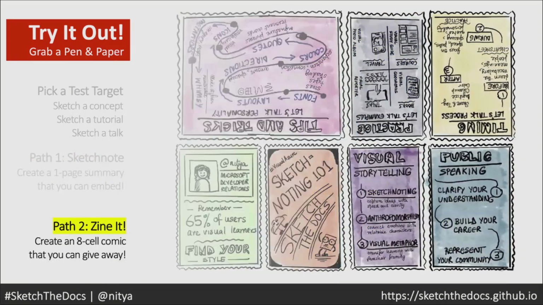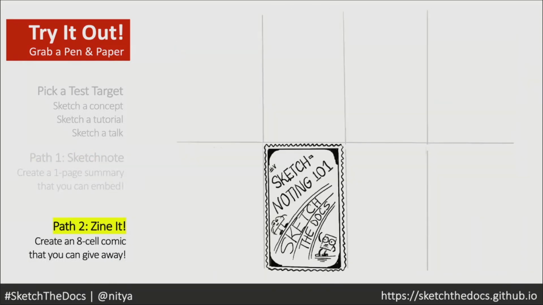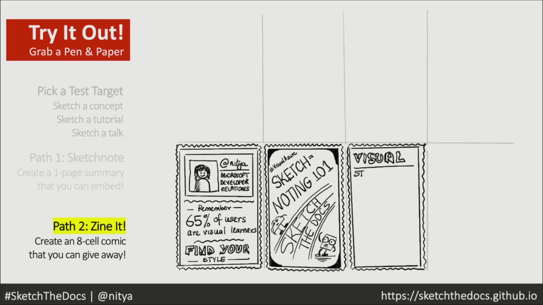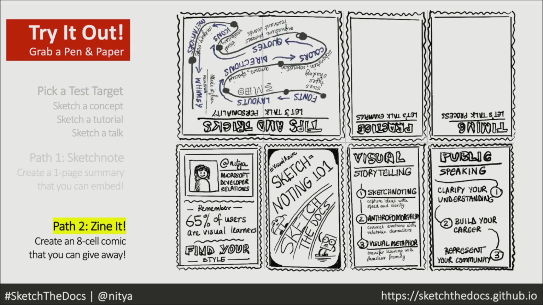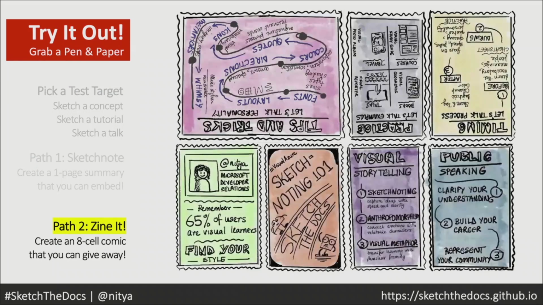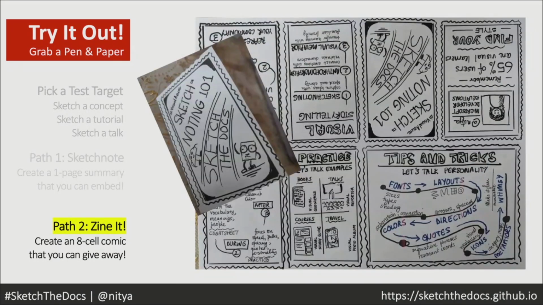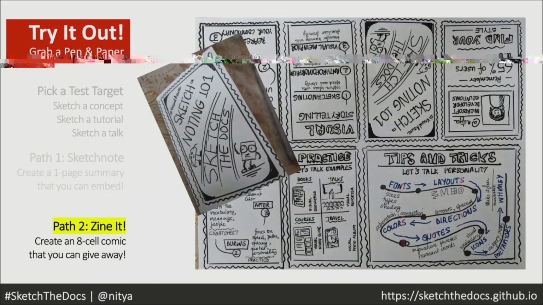Option two is taking the same tooling that you have and instead creating a zine. A zine is nothing more than a comic. It's still a sketch note, still done on a single page, but by creating this specific pattern of 8 cells, so effectively you're looking for 8 pieces of takeaway information, you can create this 8-cell comic that you can print out, fold, and then hand away to someone else. And that makes it a really powerful thing. This is what it looks like when printed and folded. So this could be something that is not only useful to you because you're capturing succinctly the information you want, but allows you to give people perhaps a takeaway from your talk that delivers the message the way you wanted it delivered. Plus, come on, it's comics. It's fun.